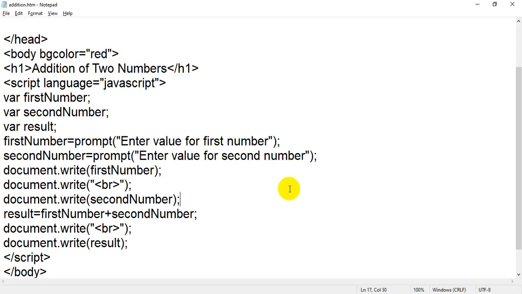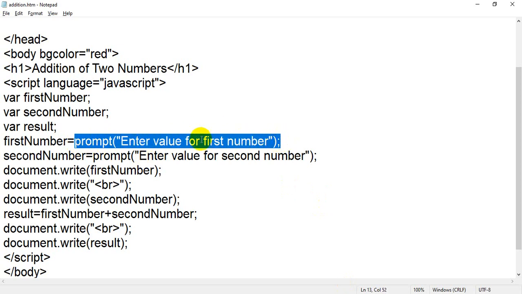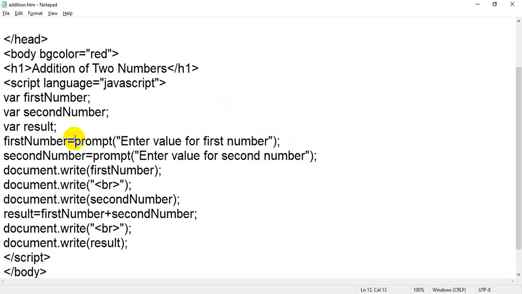So I will just go back, and before prompt, see student, because the value accepted from this box, after evaluating this line you will get some value, and that value I am going to change by using parseInt function. So I will write parseInt, where I is in capital. I will write bracket of parseInt because this is a function.